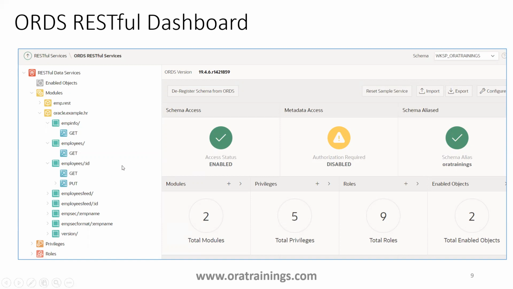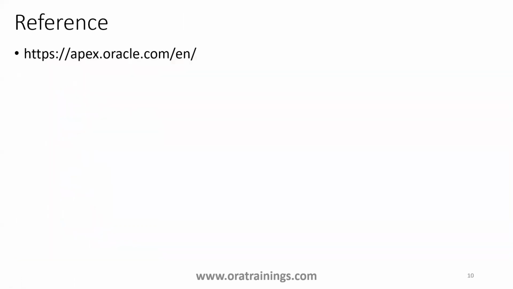And also you can mention DML operations on a particular respective table. So you can perform all the DML operations. You need to have the appropriate privileges, and you can mention the way you want to design the functionality, right? Like you can have GET, PUT, POST, and DELETE in the REST API. Now coming to the next one.